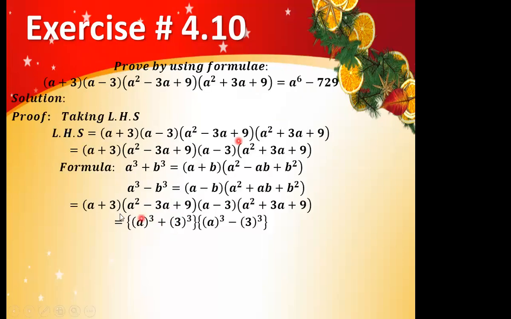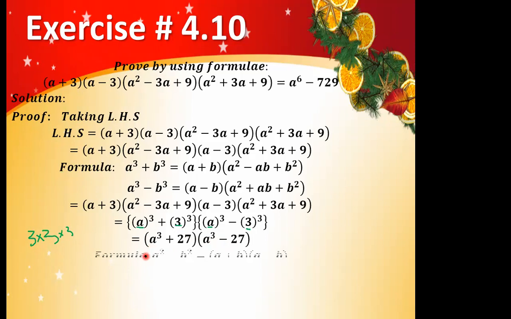Okay, now we have enclosed this whole thing into this formula. Now, what you will do here, you are going to take the cube of a, as well as the cube of 3. Same you will do here, that is take the cube of a as well as the cube of b, right? Now the answer will be a cube plus the cube of 3, which is 3 multiplied by 3 is 9, multiplied by 3 will be 27. Then this one, a cube minus 27, right? Is it clear?